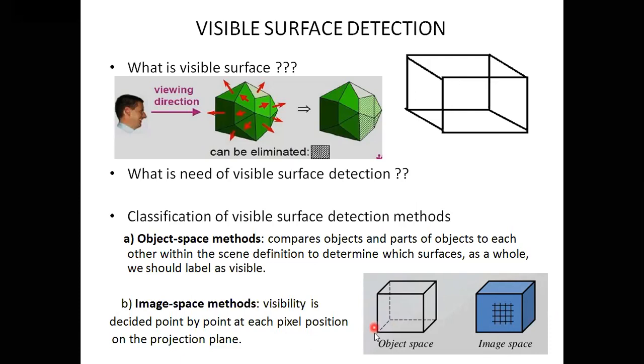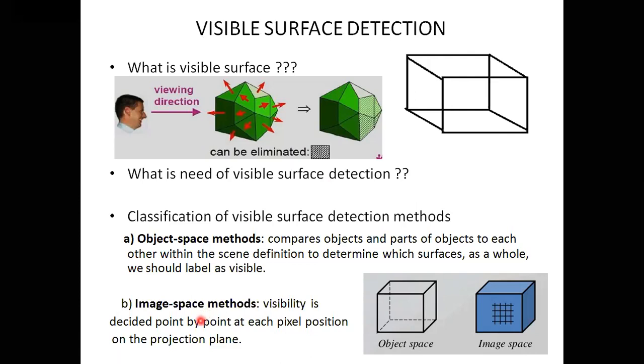Here it took the complete edge only, and it was considering that complete edge as front face or back face. But here it was a pixel by pixel examination. It was taking each pixel of each face and determining whether that is a front face or a back face. Okay, fine. So we have one algorithm each for the object space method and the image space method.